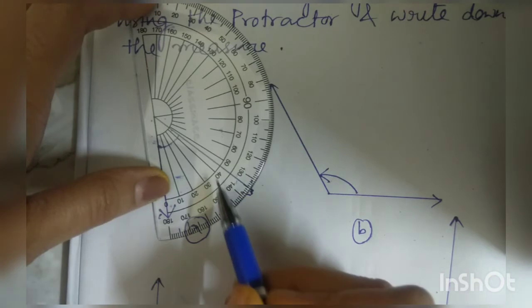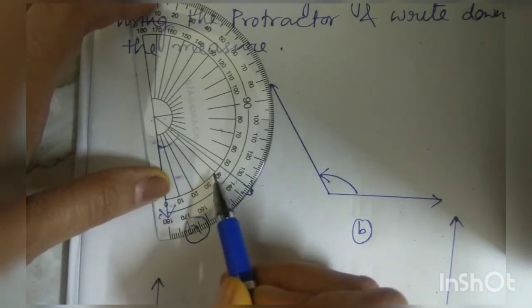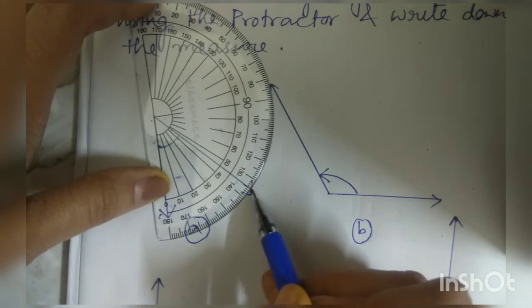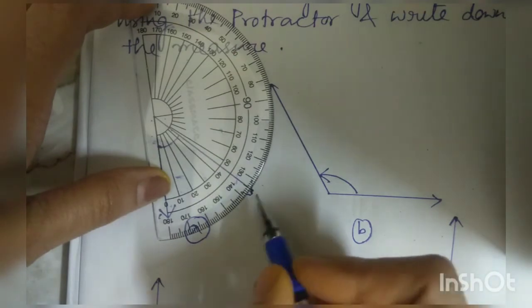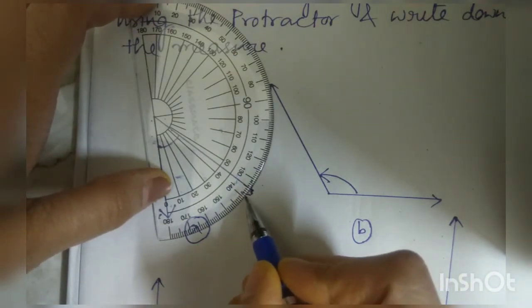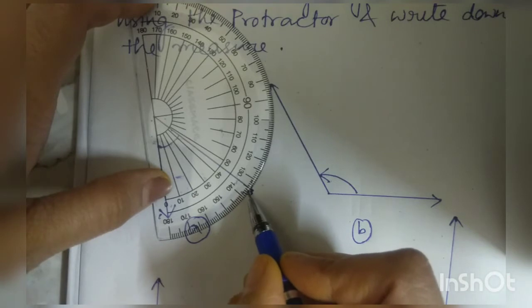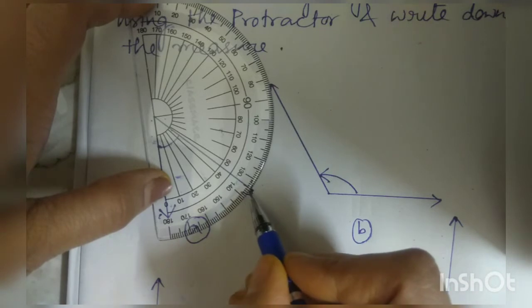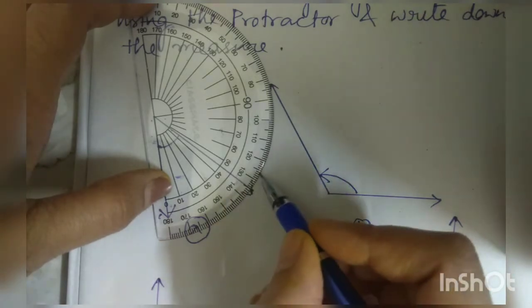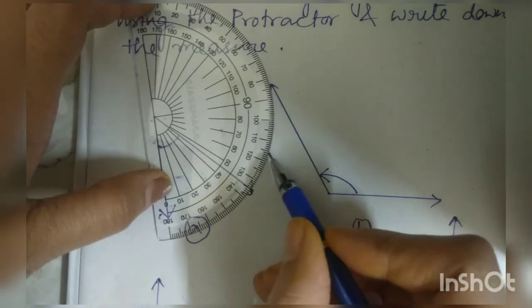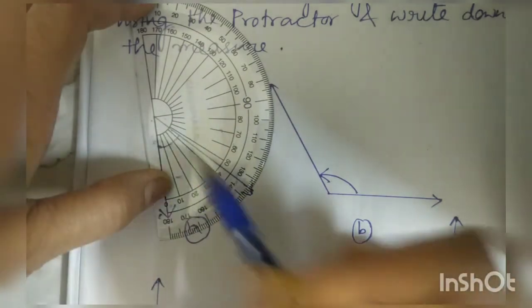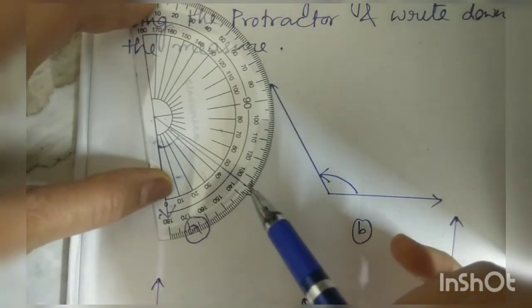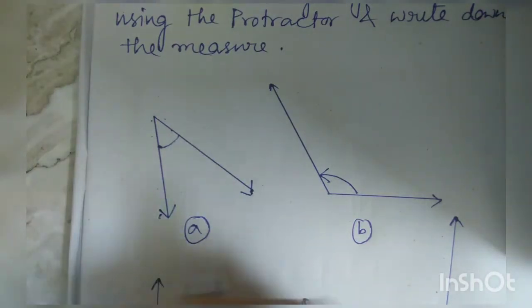Now here you can see this line is more than 40 degree and less than 50 degree, and here is the point where it is meeting. So the angle which is formed, you can see this one is more than 40 degree, so 41, 42, 43, 44 and 45 degree. The line which is indicating 45 degree is a little bit bigger. Similarly, the line indicating 55 degree is a little bit bigger, and similarly for 65 degree, which is a little bit longer. So the line which is indicating it is 45 degree and this angle will be 45 degree.